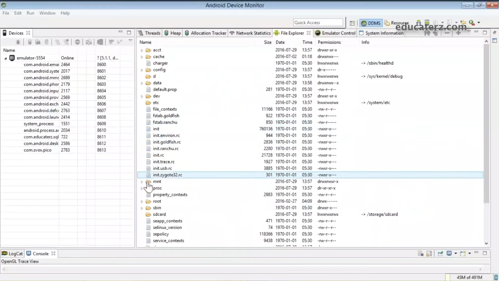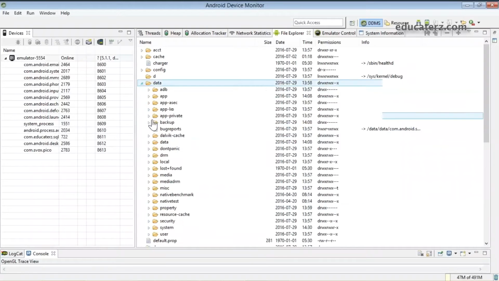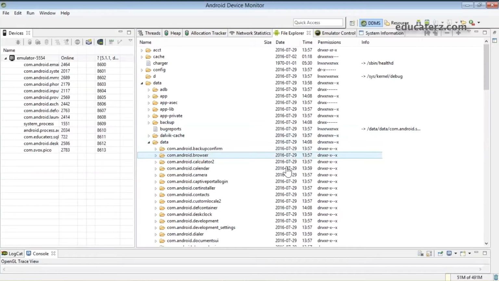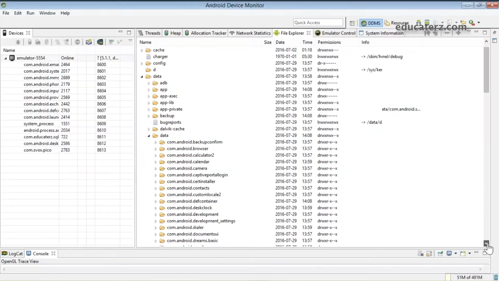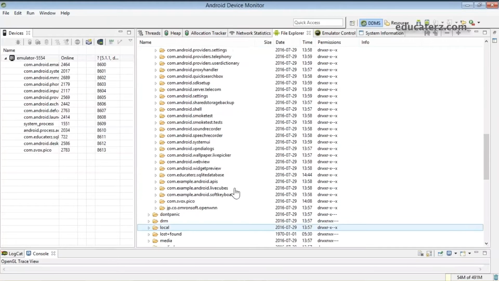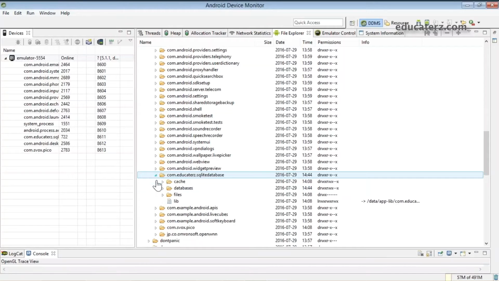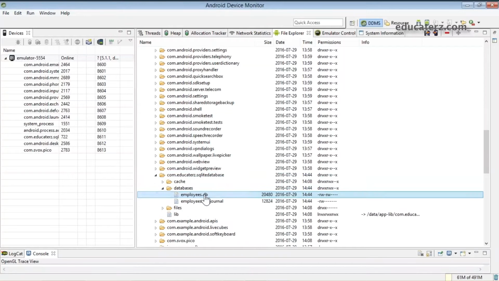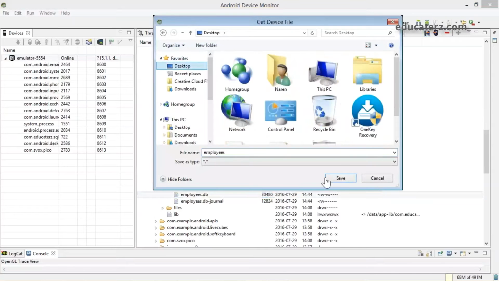Go to data and again find one more folder called data. Go to your package name, com.educators.com, and the databases folder is there. This is my database. Pull this out from the device and store it on the desktop for reference.